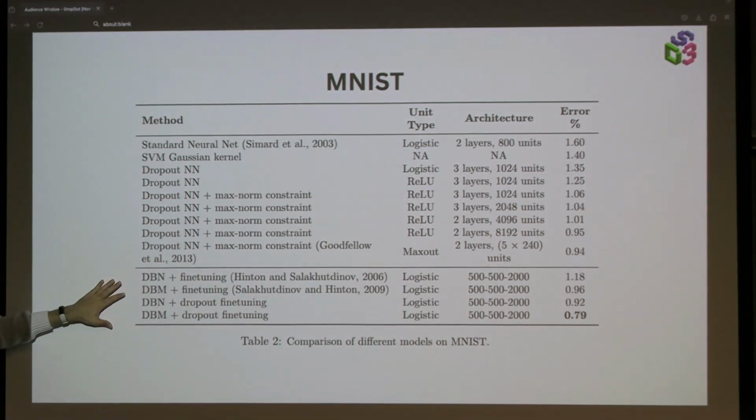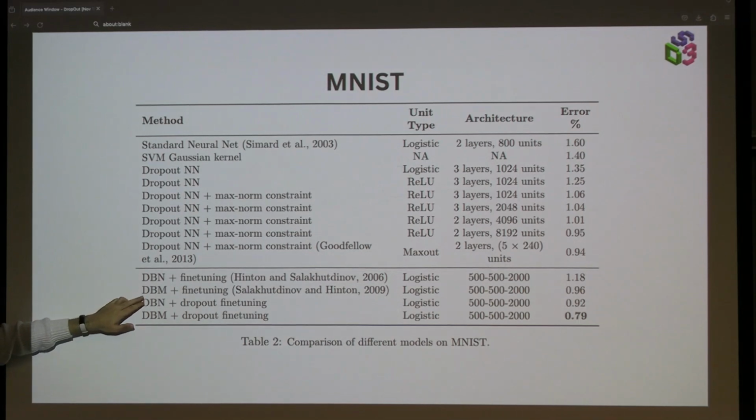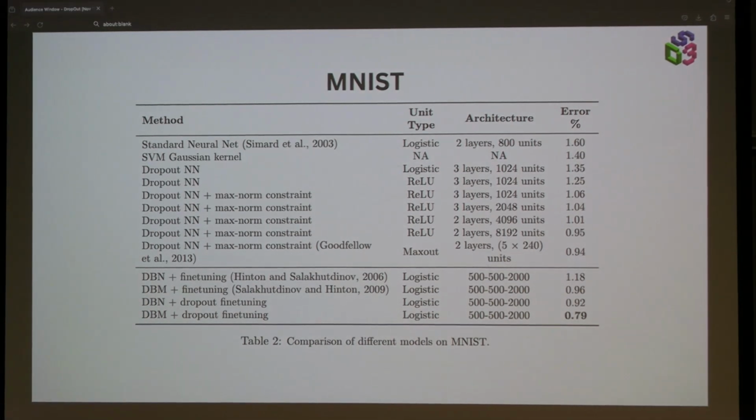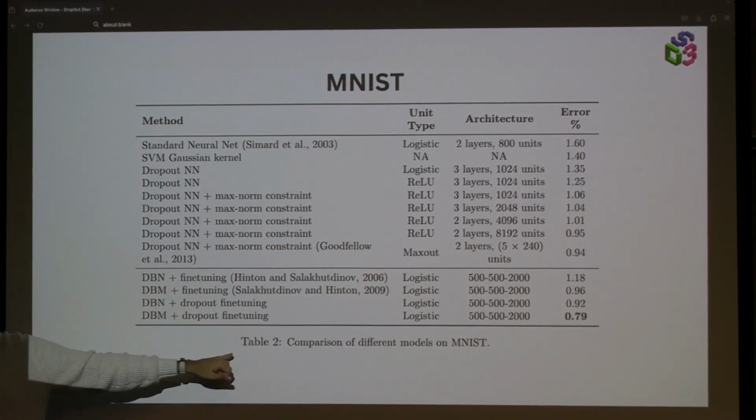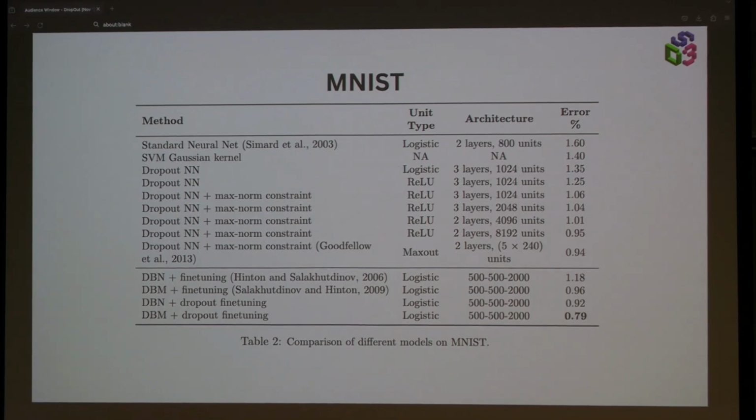And then this over here is talking about deep belief networks and deep Boltzmann machines. Those are a little bit more complicated. But it essentially allows you to pre-train the network so that you don't start the weights randomly, but you have a general idea of the weights. And then after you have a general idea of the weights, you just apply dropout again to fine tune it. And that brings you down to under 1%. That's pretty neat, right? So you're classifying only 1 in 100 wrong, which, considering the task, is pretty amazing. Okay.